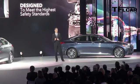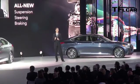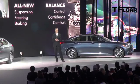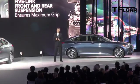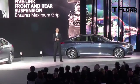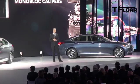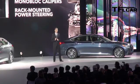To leverage this incredible foundation, we developed an all-new suspension, steering, and braking systems focused on striking that ideal balance of control, confidence, and comfort. 5-link front and rear suspension provides optimized geometry and stiffness to ensure maximum grip. Monoblock calipers with integrated cooling ducts handle stopping duty, while a new rack-mounted power steering system provides exceptional feel and